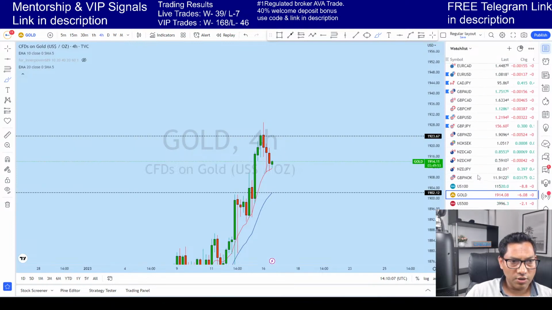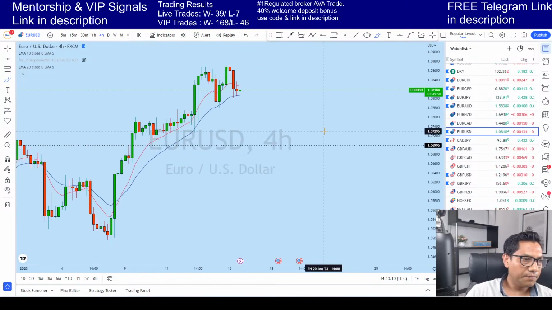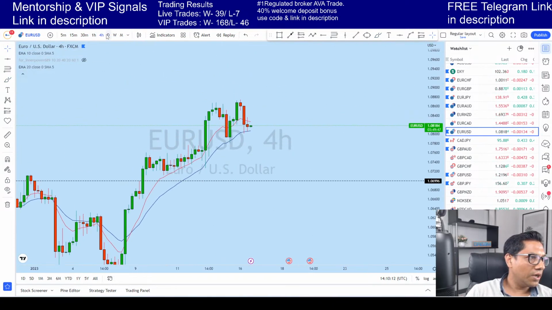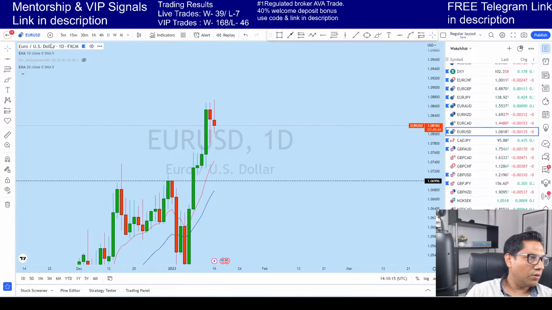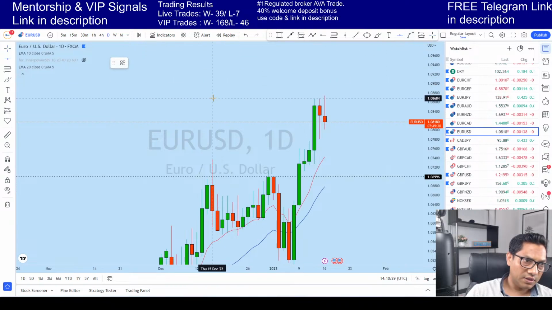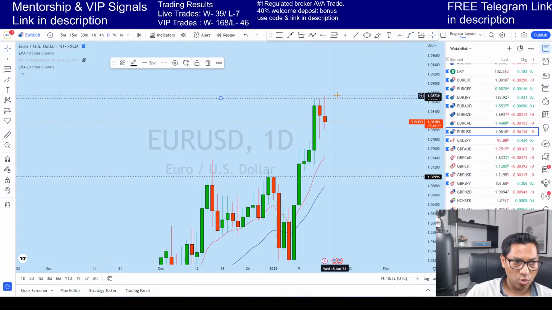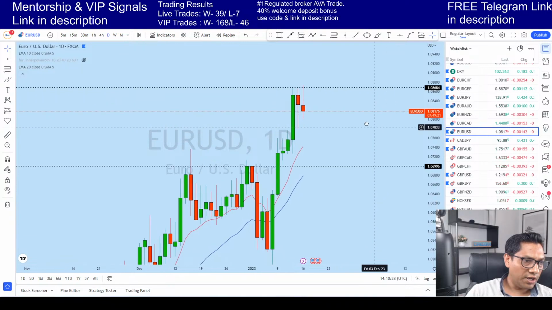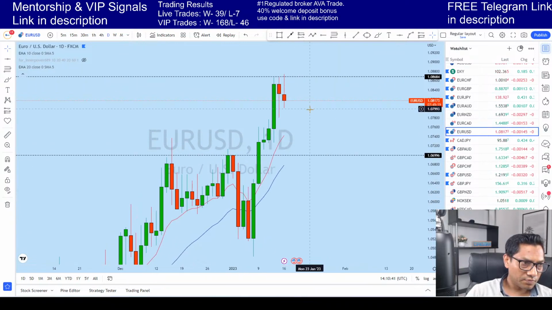So euro dollar, let's look at euro dollar, guys. We didn't look at it yet, I think. Looking at the daily price action, like all the instruments, euro dollar is also so far bullish. Euro dollar is in a zone where you can see this is the daily candle with a liquidity grab or manipulation on the lower time frame, at the top. But as you know, I normally try to avoid trading against the trend. So what I think is that if it reverses, we might see euro dollar coming back, even on this daily chart.